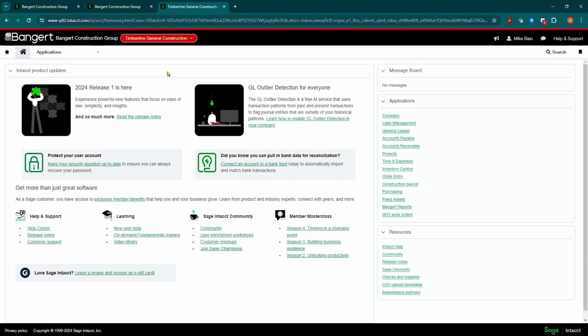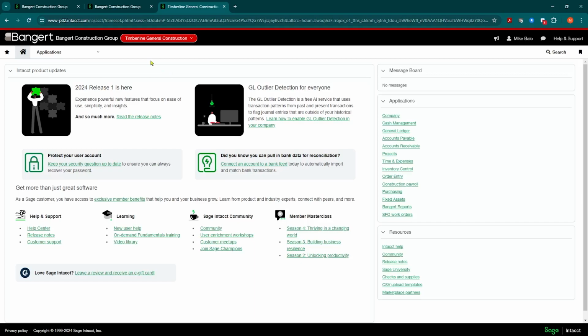Today's session, we're going to talk about how, in Sage Intacct for construction, you can generate a test ACH file without having to go through payroll and create a whole payroll check for an employee. This is related to an employee's payroll direct deposit file and how you can generate a test ACH file off of your live data that you can send to your bank without having to create extra entries that need to get voided out of payroll. A lot of times it's called a pre-note, so we're going to talk about that right now.